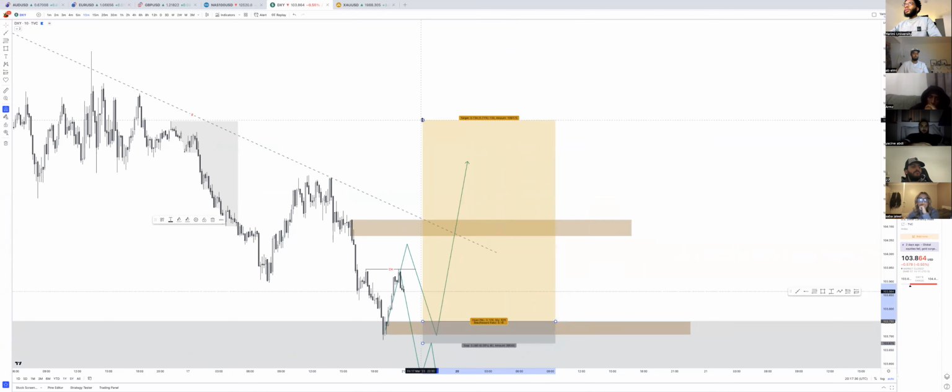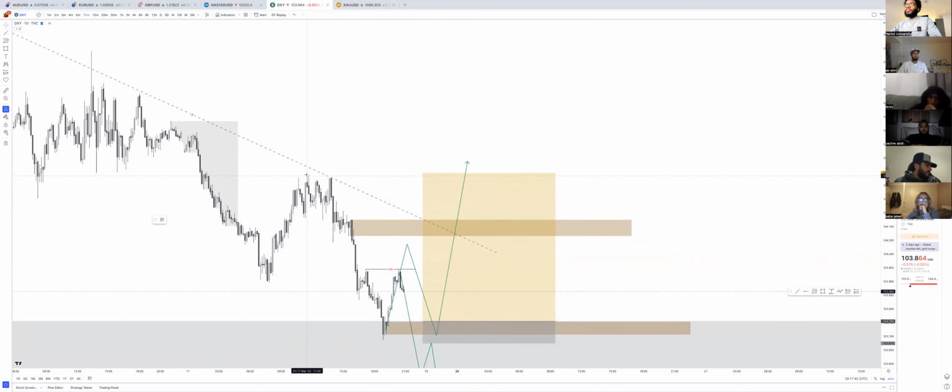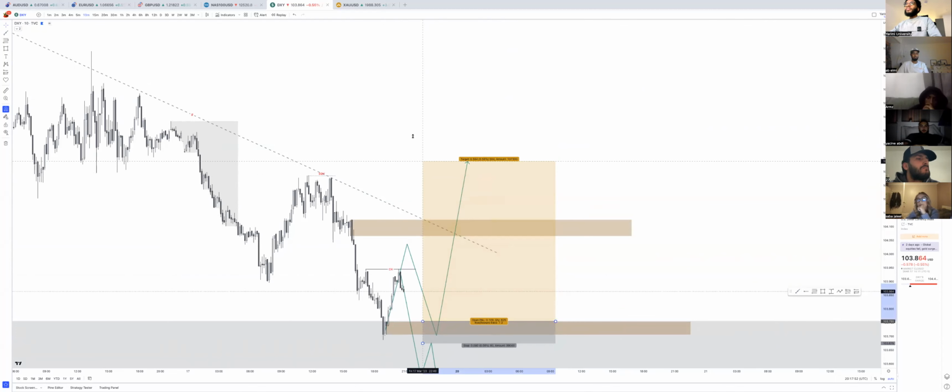Otherwise, you could aim for the other side of this liquidity here, which looks like an equal high as well. So you can see that right here. This could be a potential equal high right there. Okay, so I can either aim for this high here, which would be a 1 to 6.7, or I can